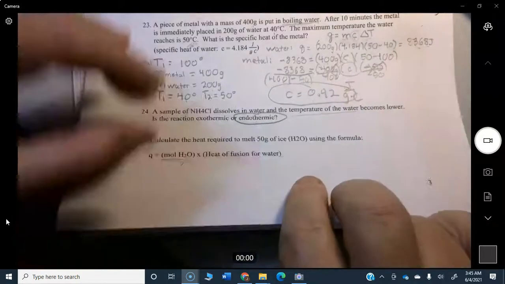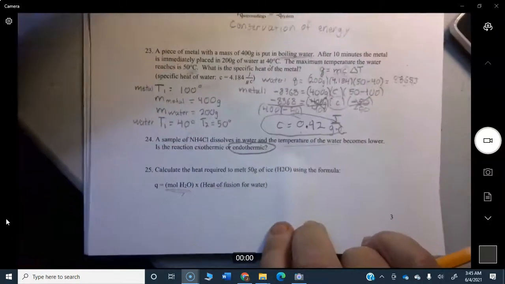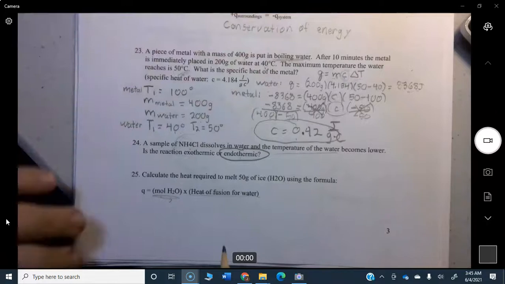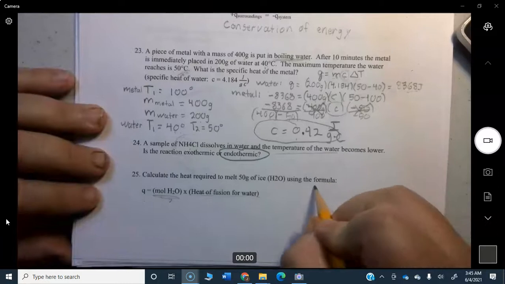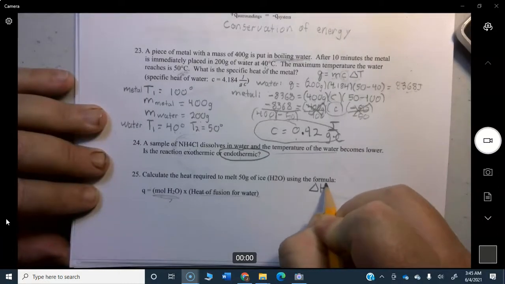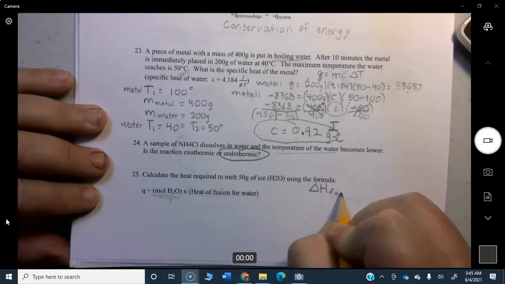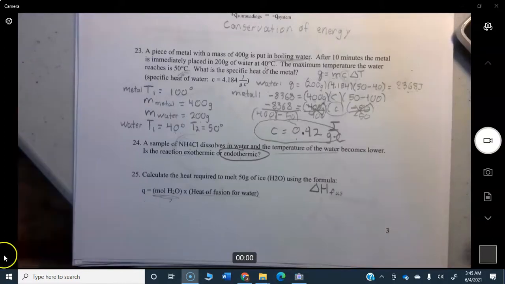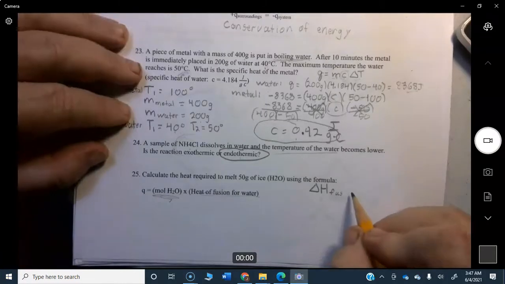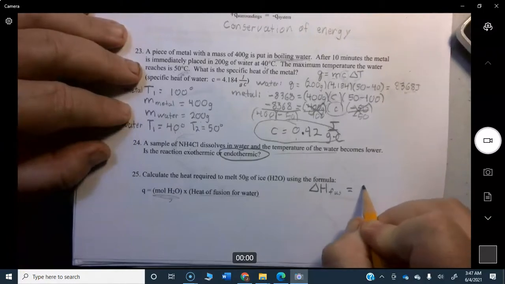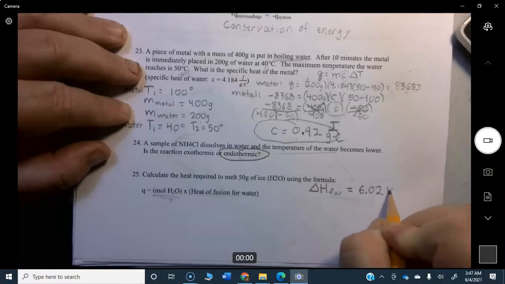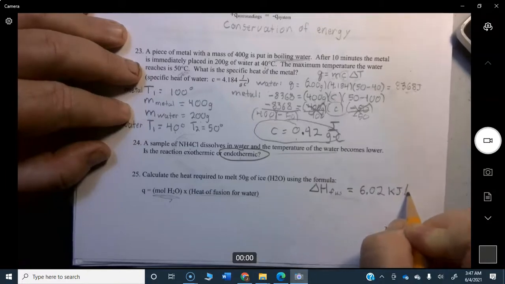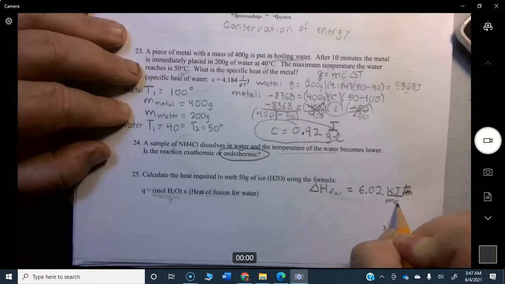Okay, so let me do that. And I did not give you the heat of fusion on this, so I'm going to have to do that. Okay, so let's go ahead and do that. So it's called delta H sub FUS. Okay, so the heat of fusion for water is 6.02 kilojoules per mole. Really, we should always get used to writing this directly over like that,